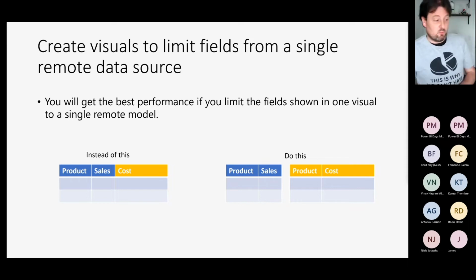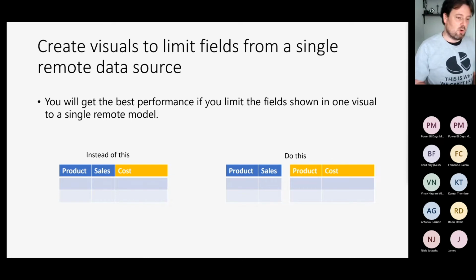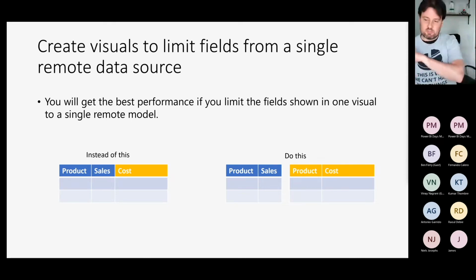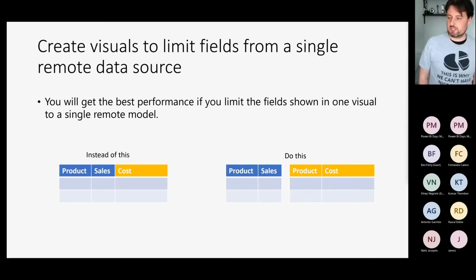The reason it was build, by the way, is because we use the XMLA endpoint, and the XMLA endpoint allows you to do loads of things, but it requires build permission. So that's how we have changed that now. We're still using the XMLA endpoint, but we have a trick. We can now just talk to it using read. So you can now just give people view permissions, and that's it for Premium and Premium Per User workspaces.